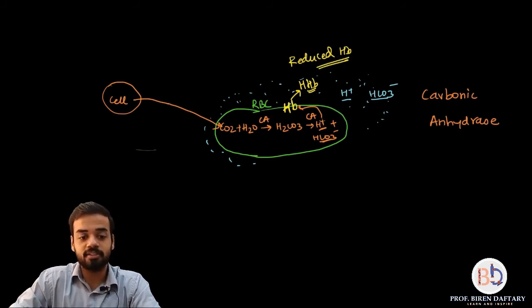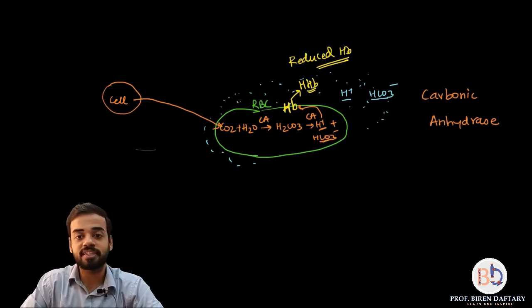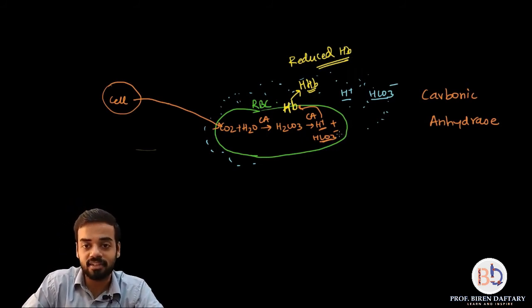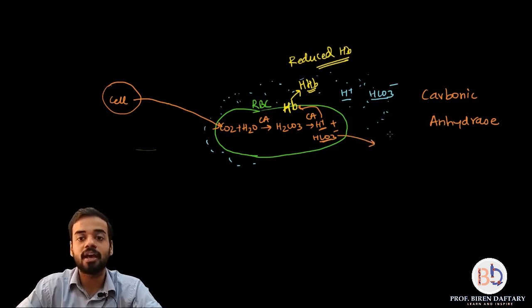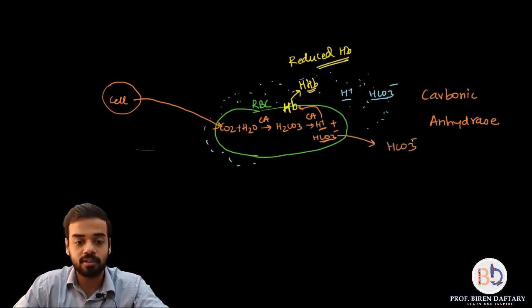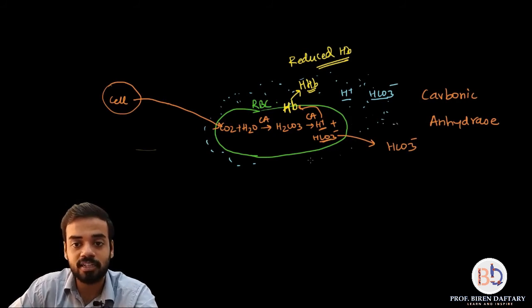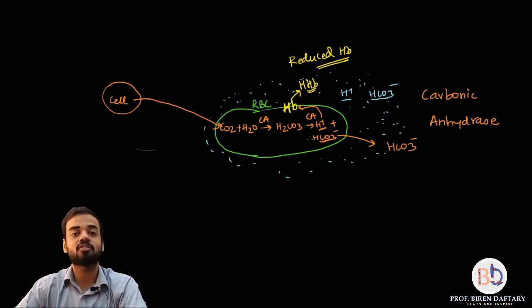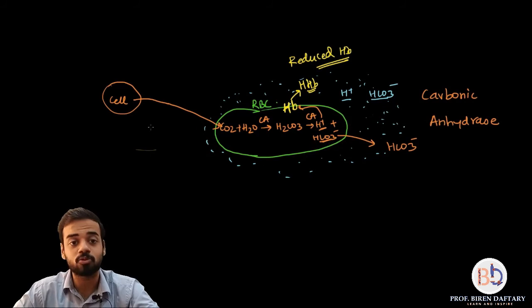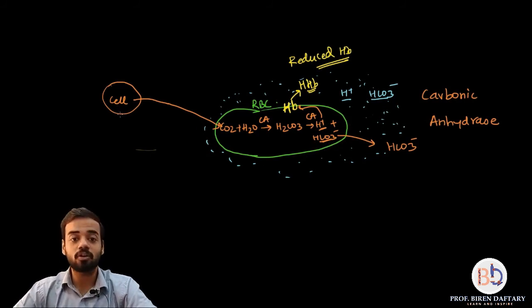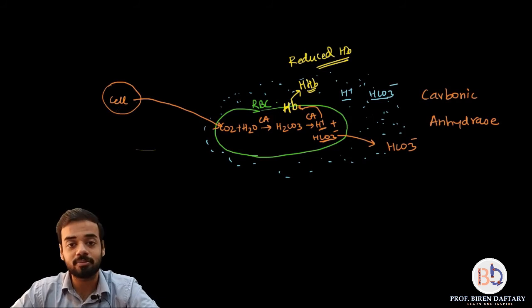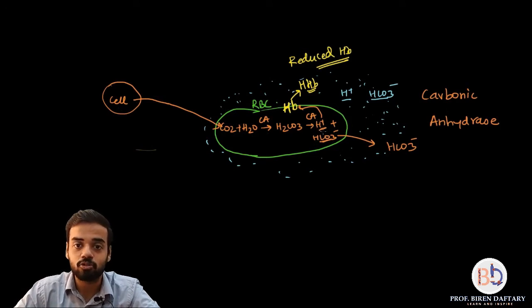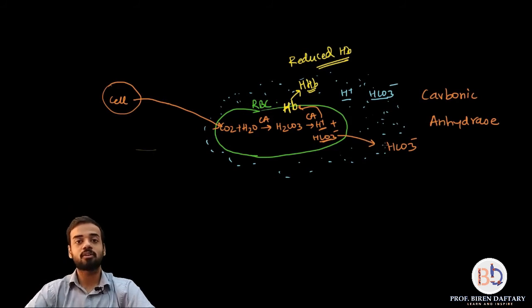What about HCO3 minus? HCO3 minus doesn't combine with anything. Since its concentration is higher in the RBC, it will move out and go into the plasma, correct? This is your plasma. Plasma also has HCO3 minus, but the concentration is less. In the RBC, the concentration of HCO3 minus is more. Why is it more? Because most of the carbon dioxide, instead of dissolving in the plasma, goes inside the RBC, and you see these reactions. So most of the bicarbonate is formed in the RBC. Because the concentration is higher, it diffuses out into the plasma.